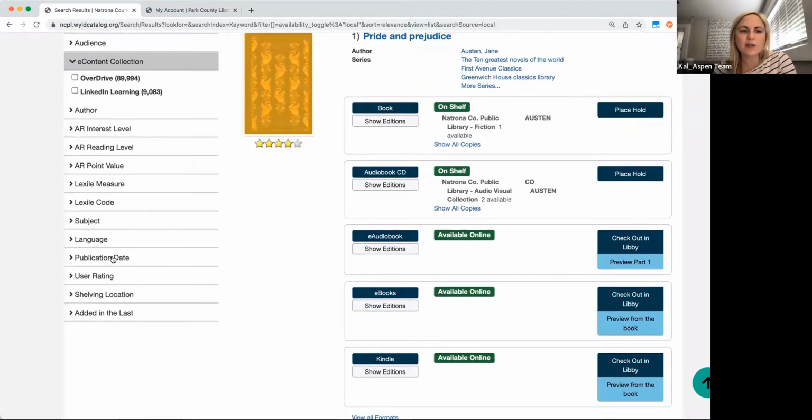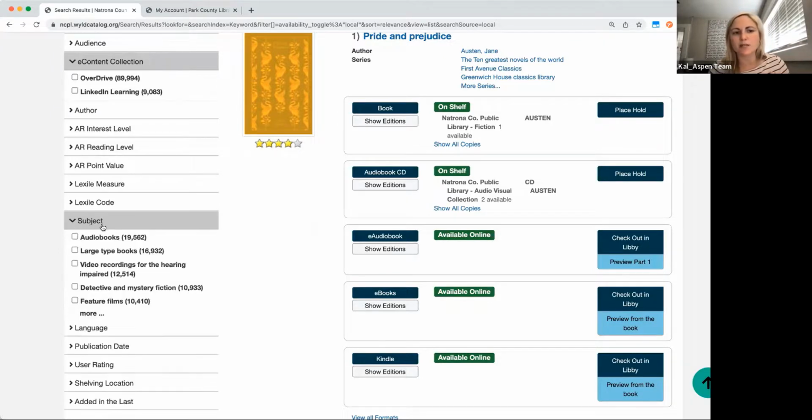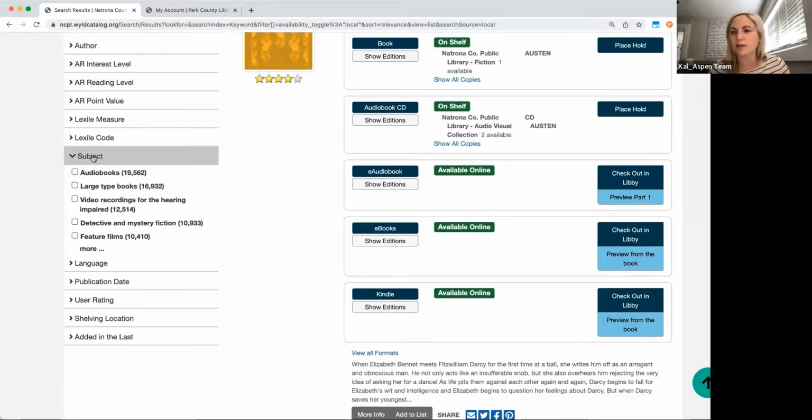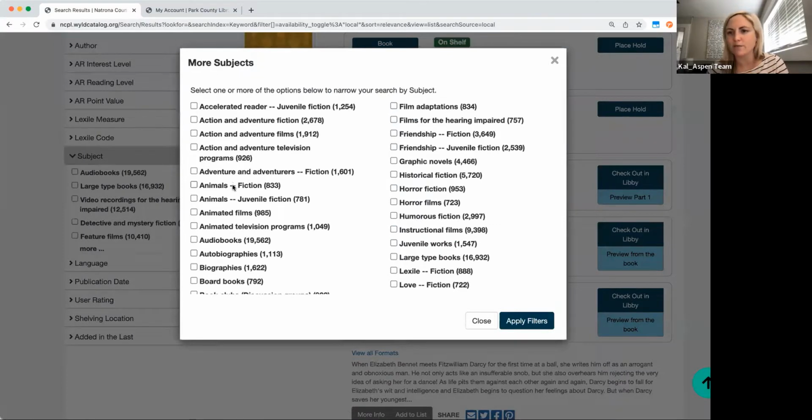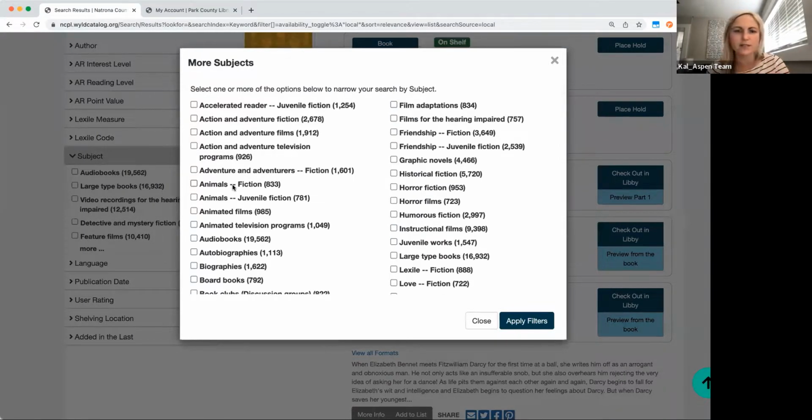And then there's things like publication date, shelving location, language, subject. All of these can be expanded, and you can take a look at the different facets that are available for you. These facets are sorted by relevancy, so the highest number first, and then when you click on it, it's going to go to alphabetical. So just a little user experience thing to understand what those are based off of.